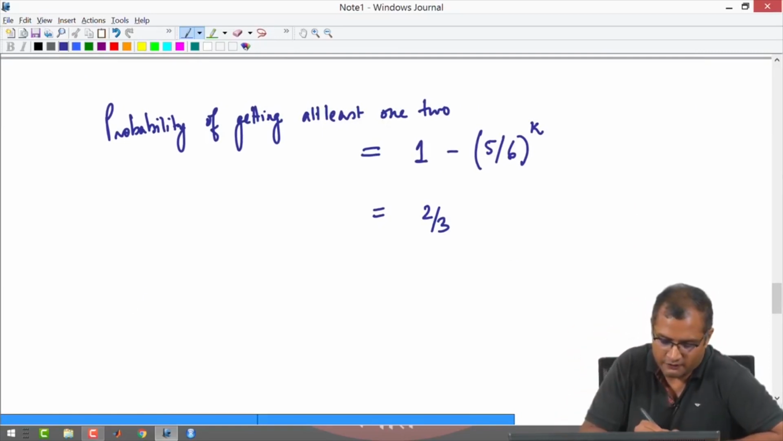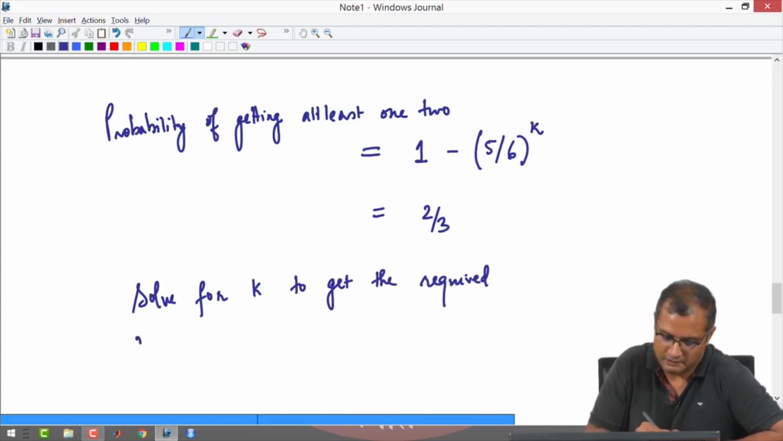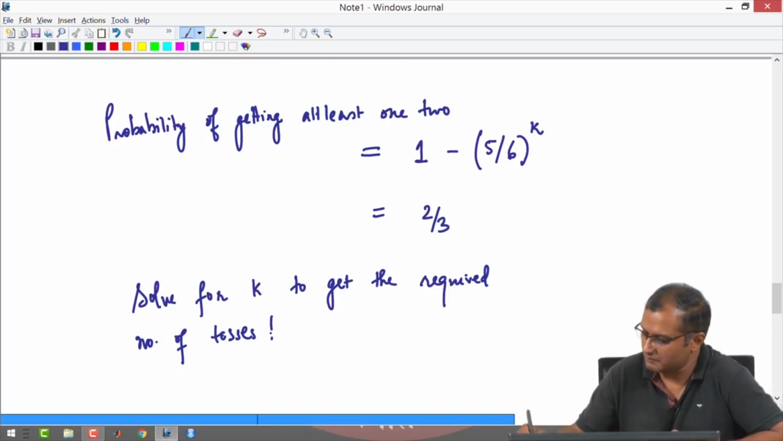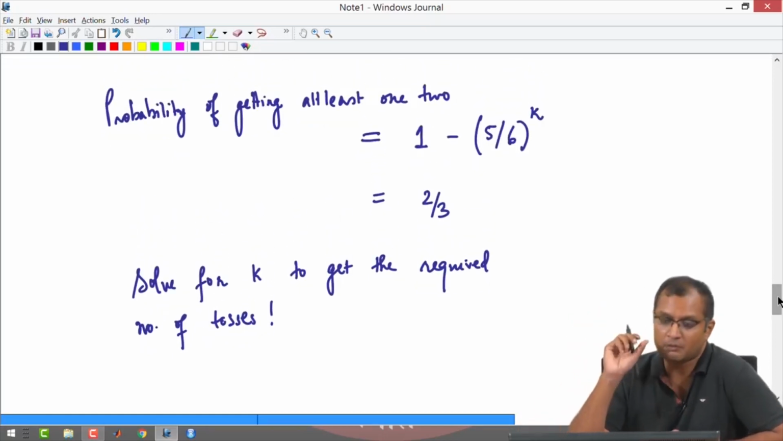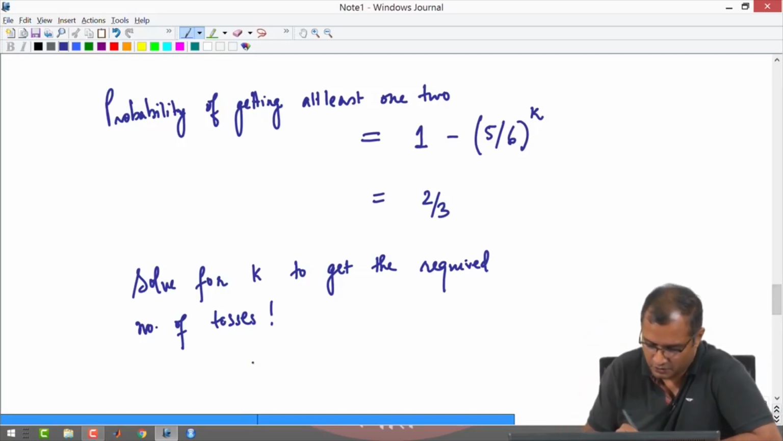Now, I must solve for k to get the required number of tosses, because k is the number of tosses. So, at the end of this problem, I would get the total number of tosses required such that the probability of getting a 2 becomes 2 by 3rd. So, that would mean you solve this equation for k,